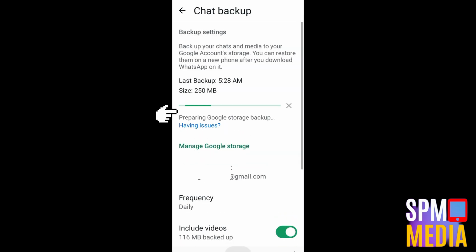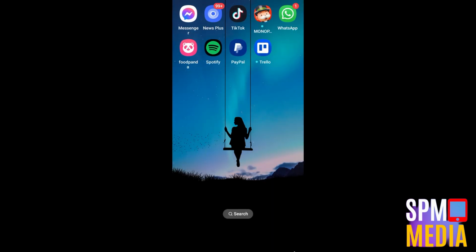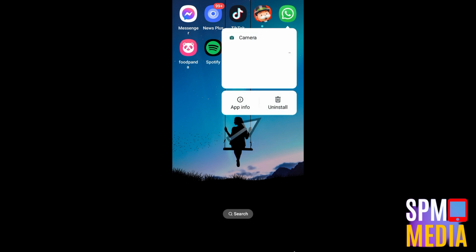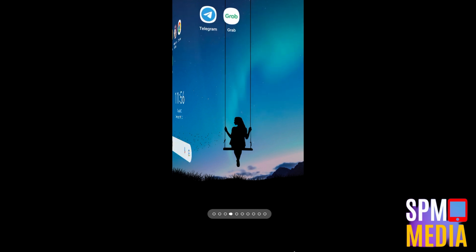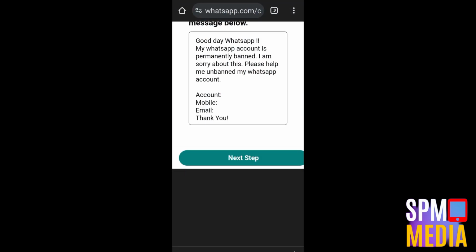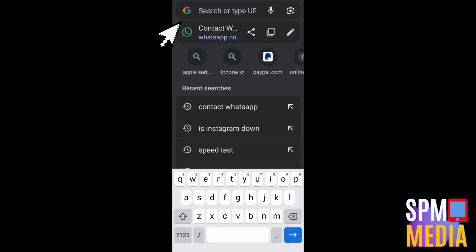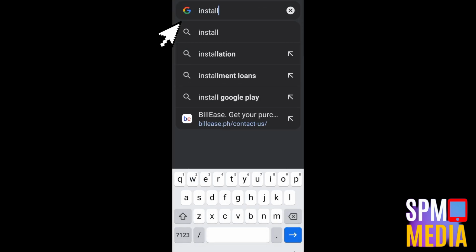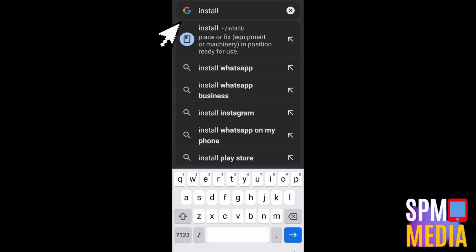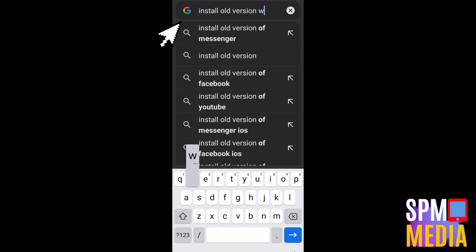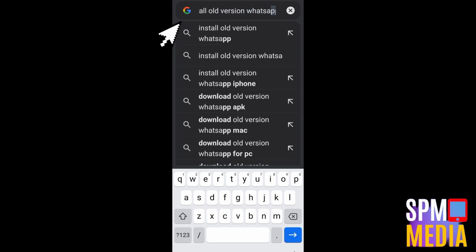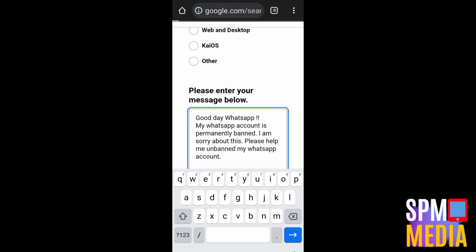Now, if you really want to get rid of this feature, then the best thing to do here is to uninstall this WhatsApp application. And after you have uninstalled your WhatsApp application, you can go to any web browser, for example, Google web browser. And then here, you have to install the old version of WhatsApp. This is the best way to get rid of these features, even the WhatsApp Meta AI, because in